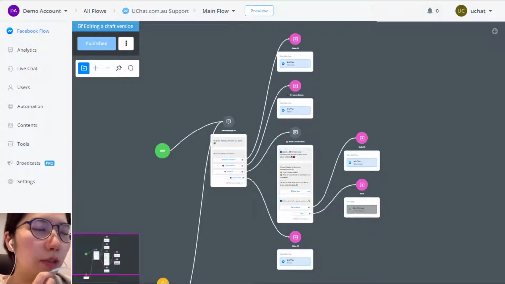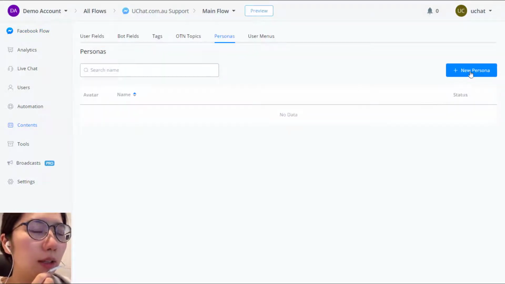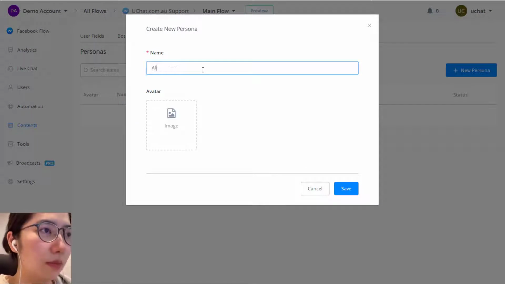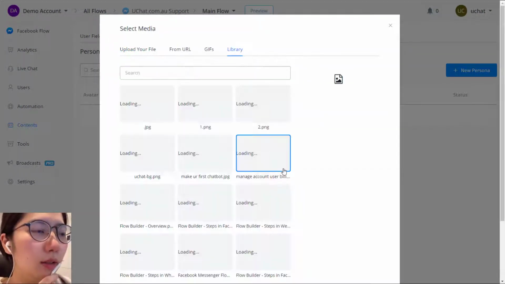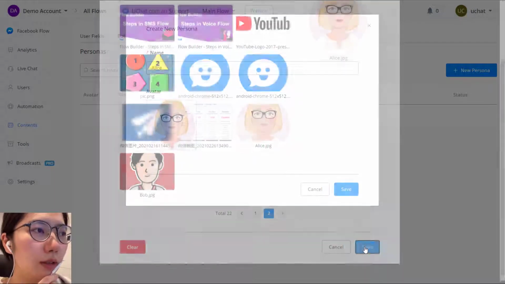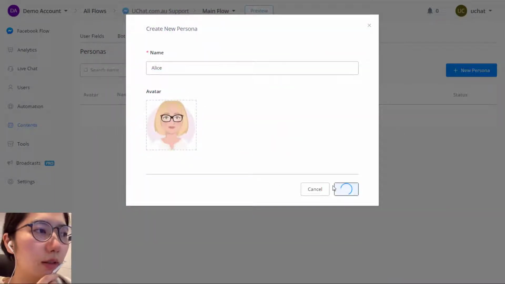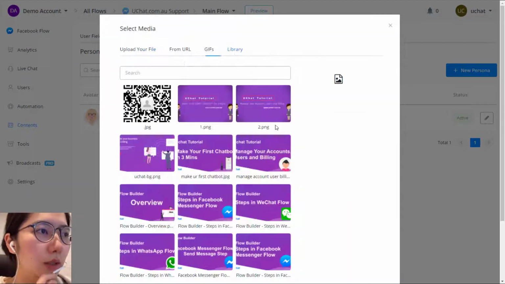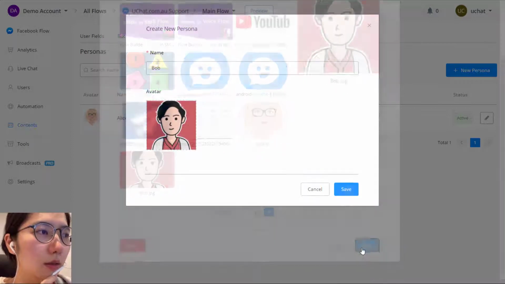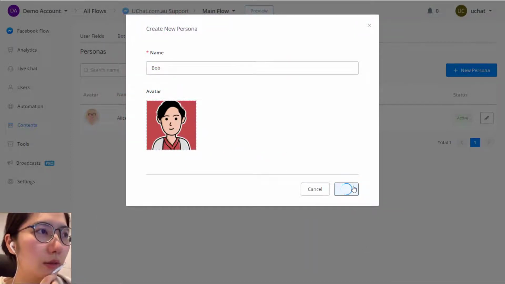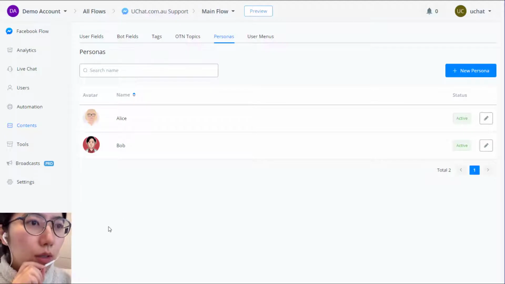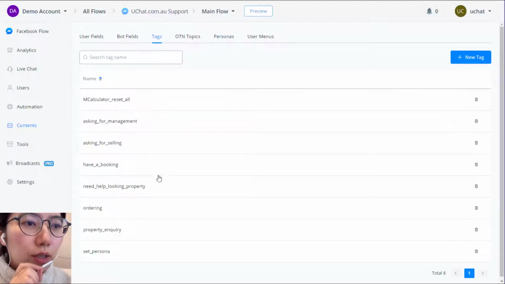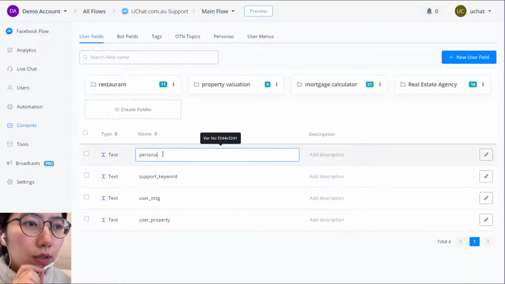Now let me show you how to add persona in UChat. In your flow, go to content, then persona, add persona. So, Alice. Let's choose a photo for Alice, and also Bob. Okay, so we can create a new tag called set persona and then also a user view persona as